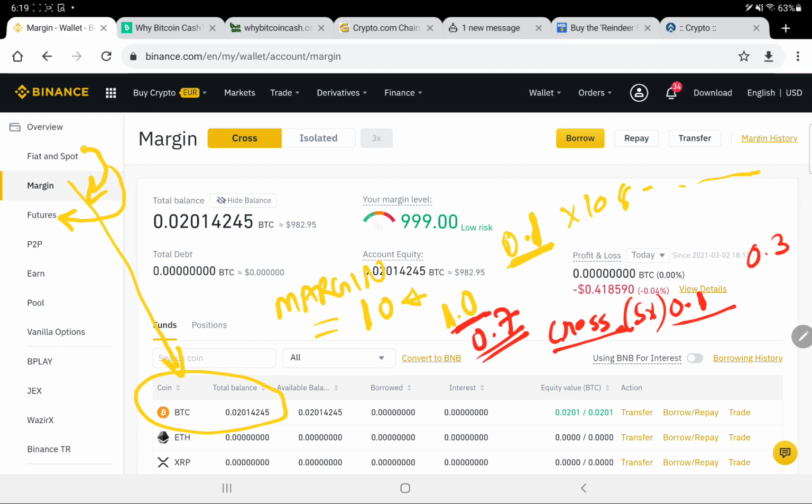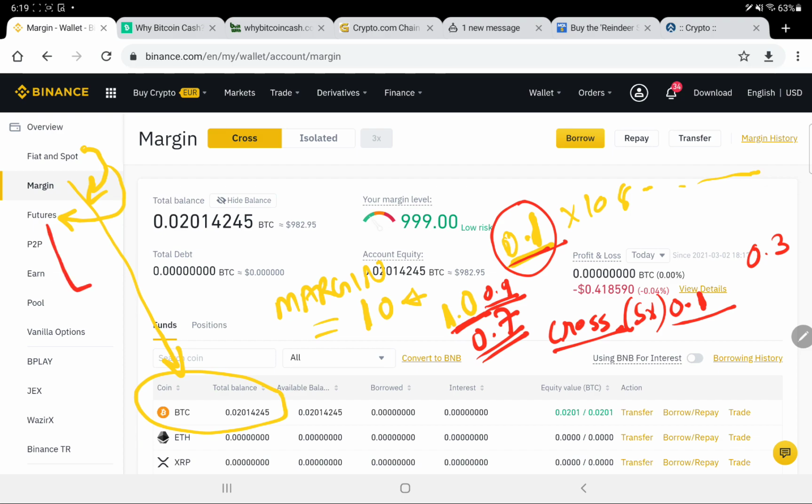So whatever amount you put into the trade, only that amount will remain at risk. Your remaining margin wallet will have no loss. So if you use 0.1, then your loss will be 0.1, and your margin will remain 0.9 at all times. If the position is liquidated, or the trade goes against you on the buy or sell side, you will not make a loss of more than 0.1. So these are the isolated margin and cross margin.